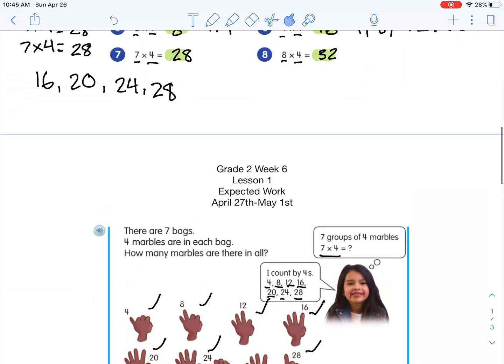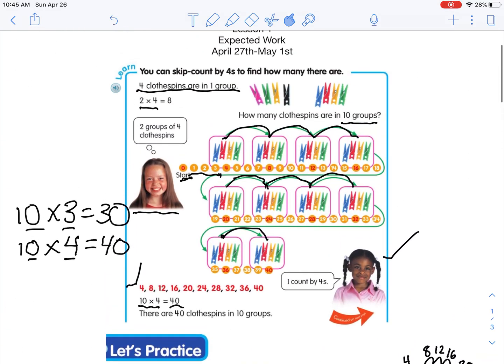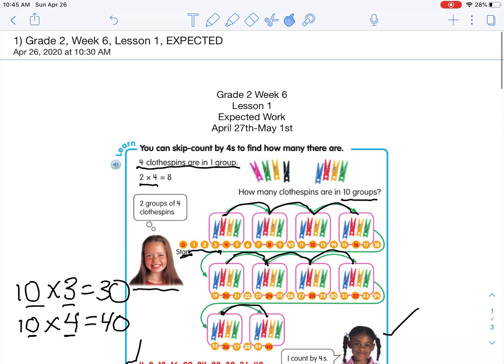And that wraps up our lesson 1 for week 6, expected work pages. I hope this was helpful and that everyone did an awesome job skip counting by 4s. I just know you did, and